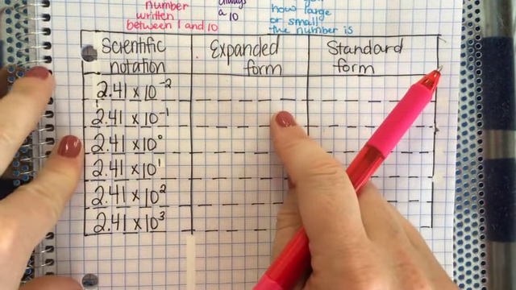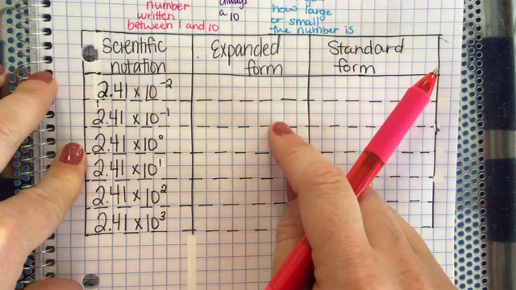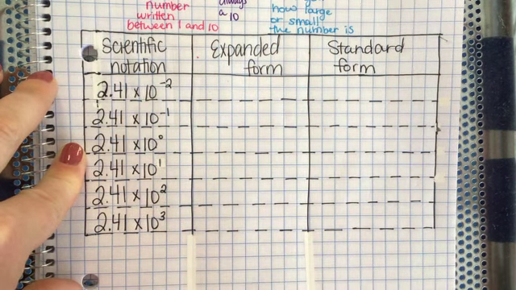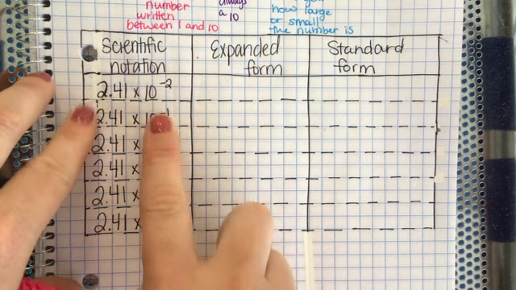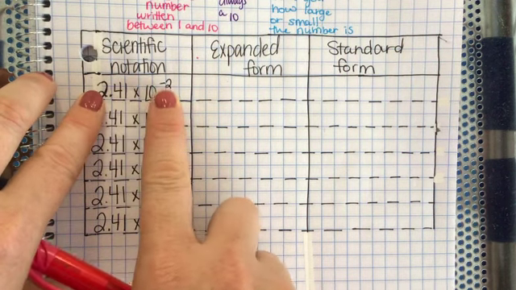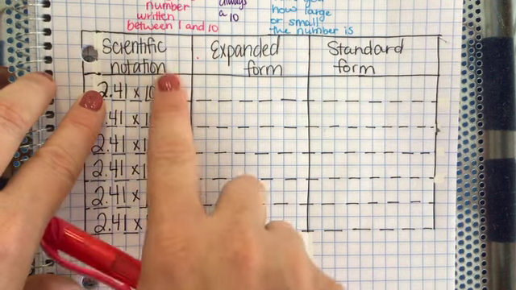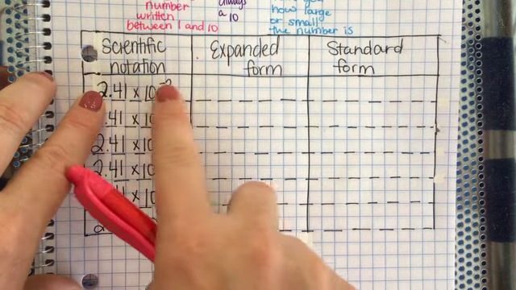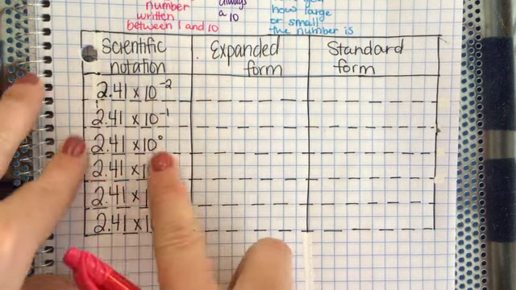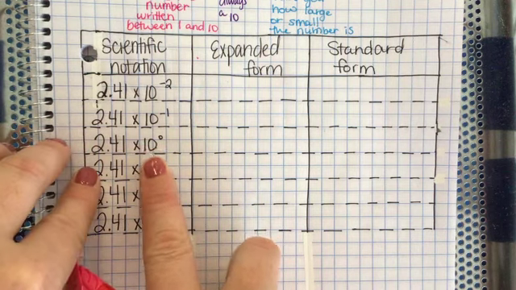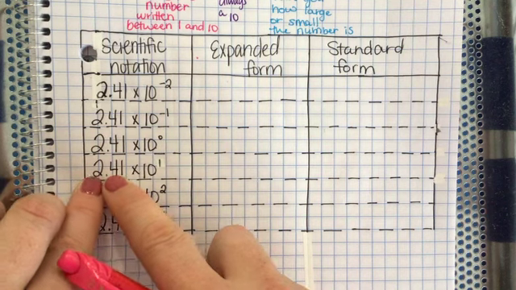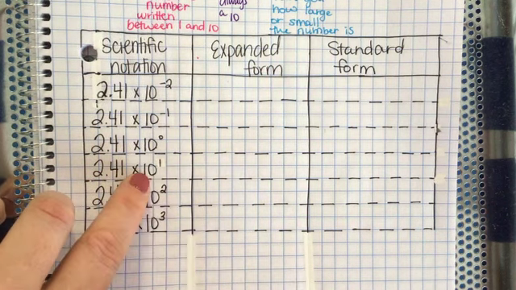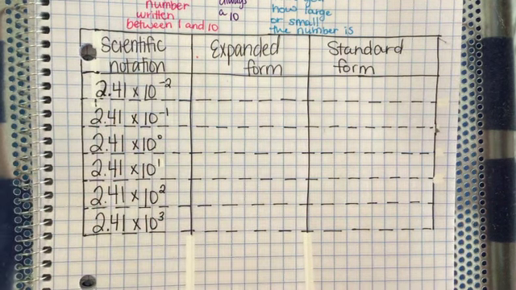Now, here's a trick for you guys. On a couple of assignments, I have seen students getting stuck because they look at the negative first and they don't remember what to do. If I see a whole list of numbers, I always start with the positives, and then I can always come back once I figure these out. So I'm going to start with the positives, the zeros. So if I have 2.41 times 10 to the first,